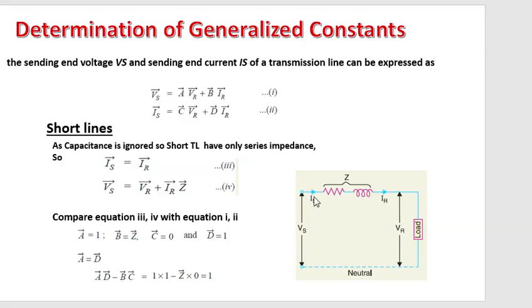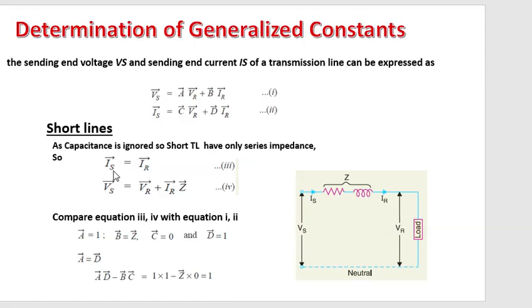Here Is and Ir are actually series current. Now in the short transmission line, as the capacitance is ignored, the short transmission line will only have series impedance, which includes resistance and inductance. And according to the figure, we have these two equations,